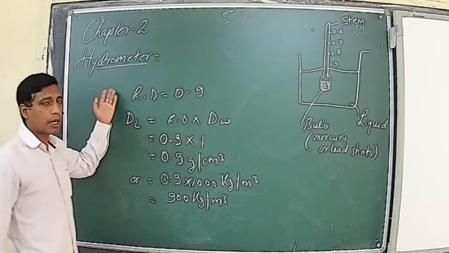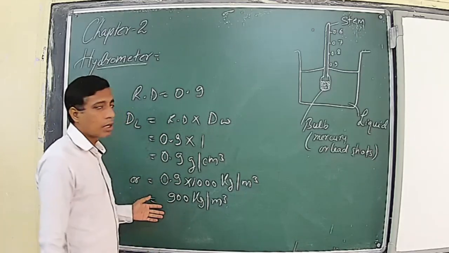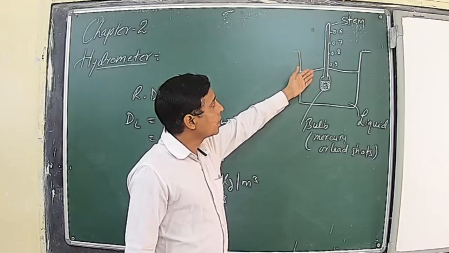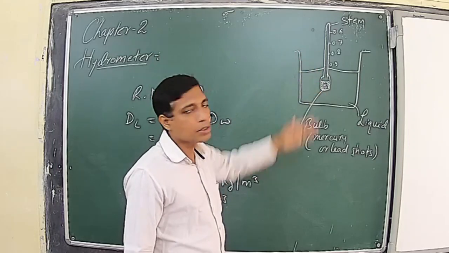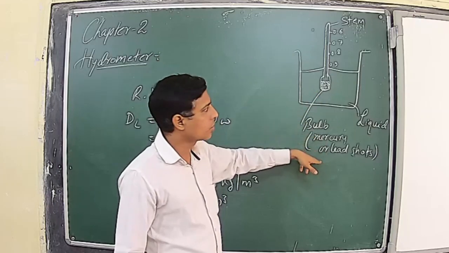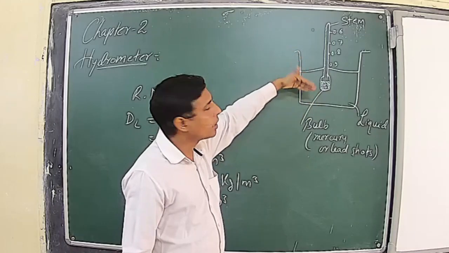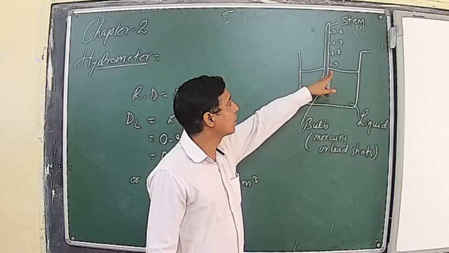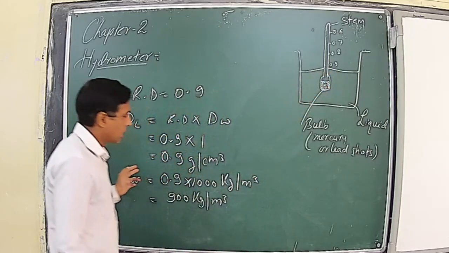So this is basically what a hydrometer is. Once again, it is an instrument which is used to measure the relative density of an unknown liquid. It is made of glass in the form of a capillary tube, which is called the stem, which is calibrated with a scale internally on a paper from which you can take the reading. The bottom is in the shape of a bulb which is filled with mercury or lead shots to keep it in a vertical position. Now when you insert it in any unknown liquid, once it comes into equilibrium, you will read out which marking of the calibration is coinciding with the surface of the liquid. That will be the relative density.